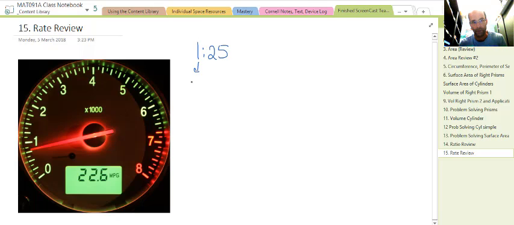1 part oil and 25 parts petrol to create two-stroke fuel. So if I was mixing some two-stroke fuel for my fuel tin, and the fuel tin was 5 litres or 5,000 millilitres, I would need to work out how much of the oil goes with that. We use the ratio, that would be 200 millilitres,